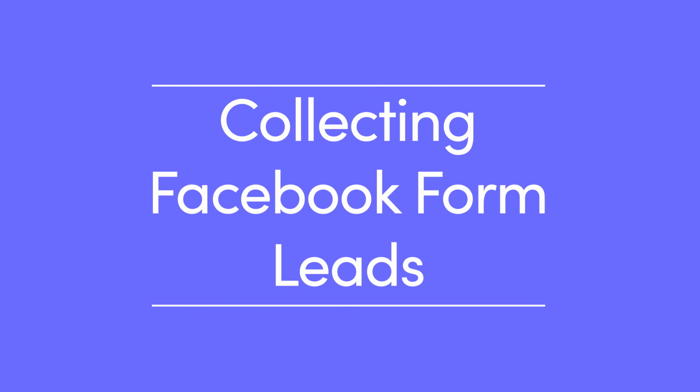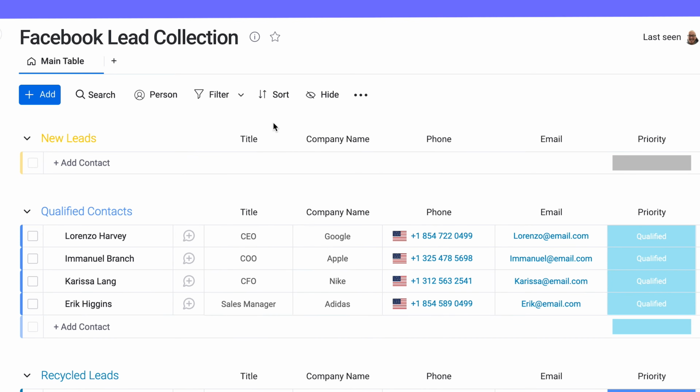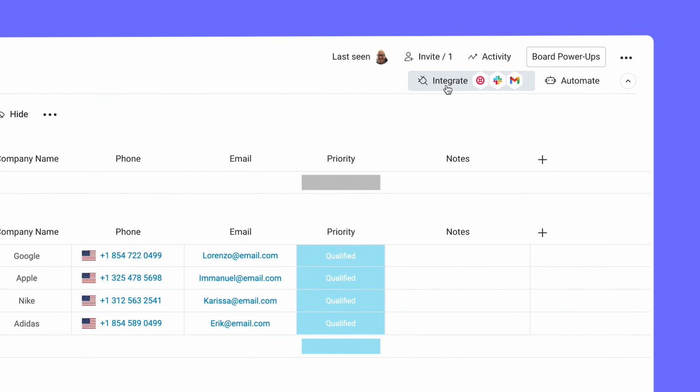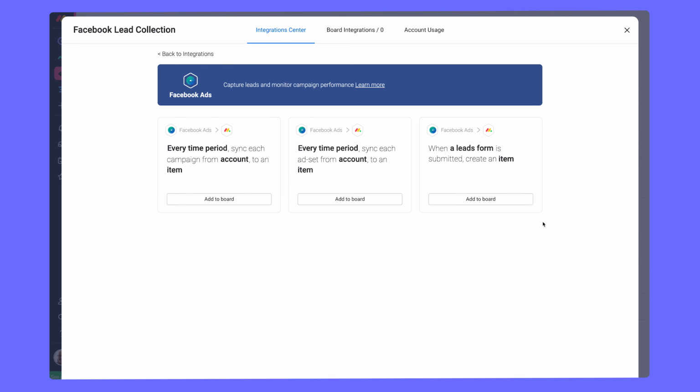Collecting lead form submissions is a touch different, but just as easy to set up. First, set up a board with the fields you want to collect from your form. Once everything is ready to go, find the Facebook integration app within the integrations menu and select the third recipe